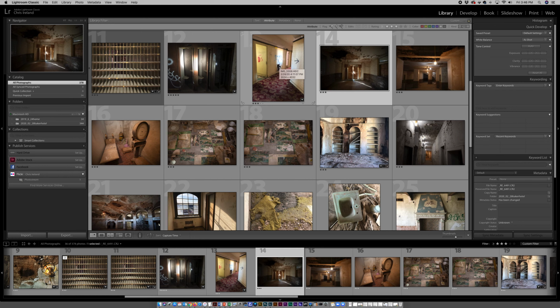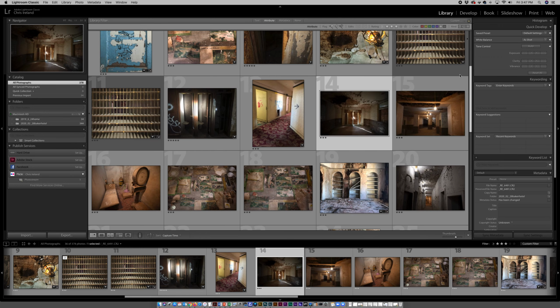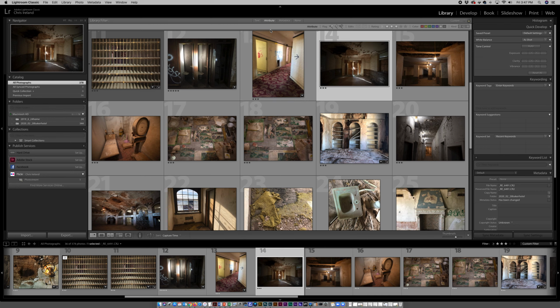I think I have a minimum of 25 in my project requirements. In this case, I started at 378 photographs for this project, and now I'm down to like 30. What you want to do is make sure that you filter out just the photos that you want for the book. So again, you go over to attributes and click on the star system. It's only showing me the 3-star photos. This is an important step because it's going to help later. Once I'm only showing the photos I want,